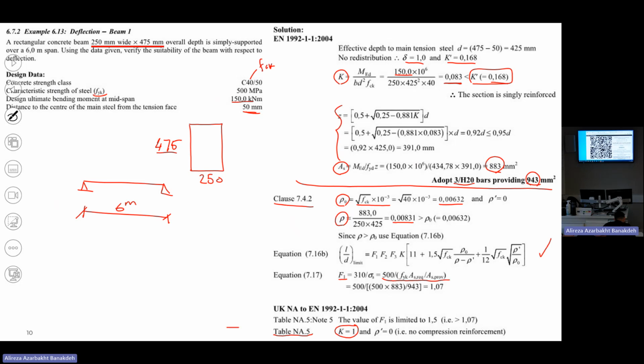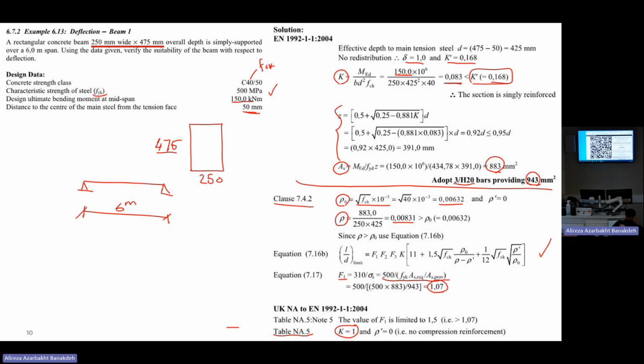You have FYK, sorry, it's not 40. It's 500 megapascal. It's for steel. It's FYK 500 megapascal. AS required 883, AS provided 943. You calculate F1, you will get 1.07, but always keep in your mind that F1 cannot